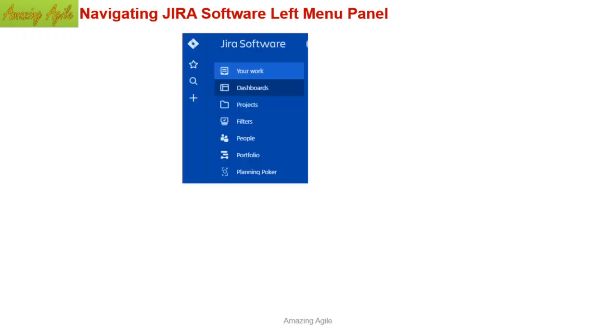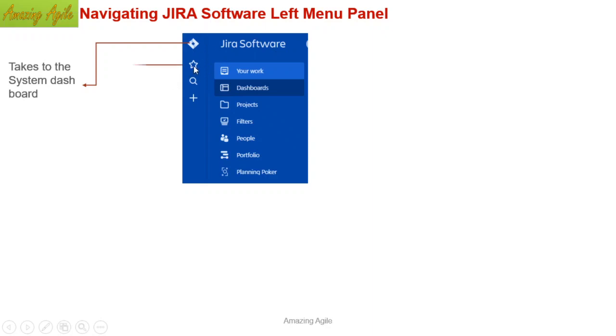Navigating the Jira menu. Let's start here, because this is all the menu that you need to know. First you click here. This is the task or the system dashboard. If you want to move from Jira software to some other software like Confluence or anything, you can navigate from here. Since our topic is only Jira software, we are not going to navigate from now.